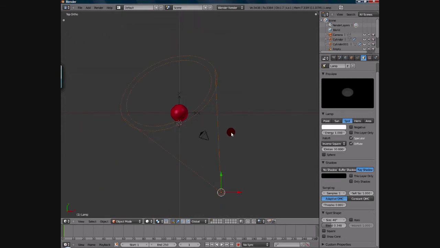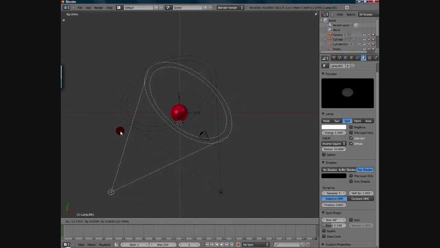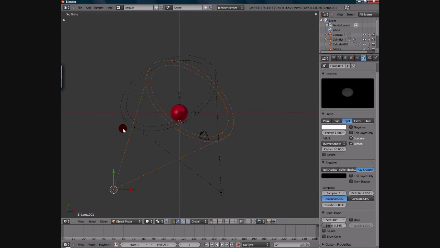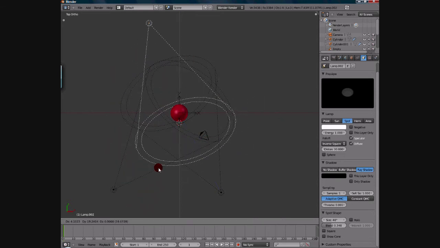Okay, so what I want to do now is duplicate this lamp because I want to have a fill light and a backlight as well. And what I want to do is press Shift D to duplicate this, and now we have it selected. I want to move it over to about there. Shift D this again, bring it on to the back around here,